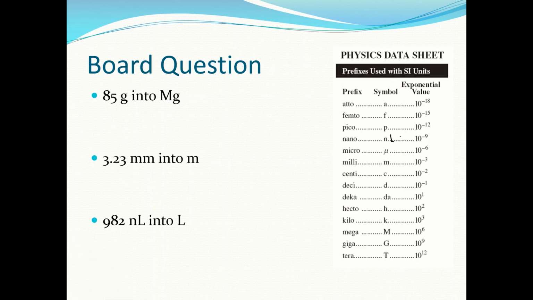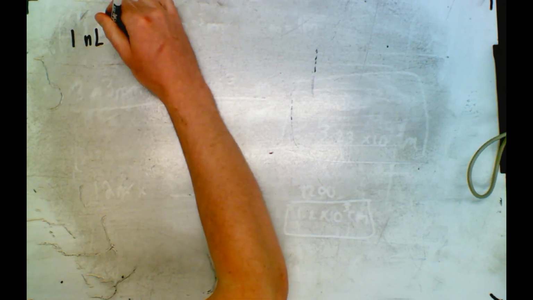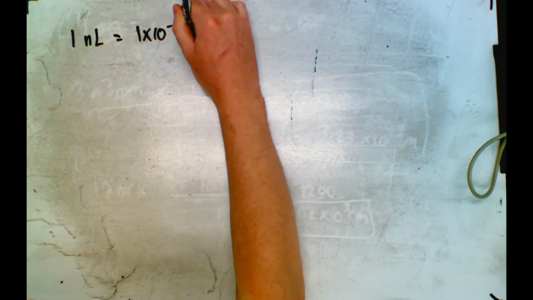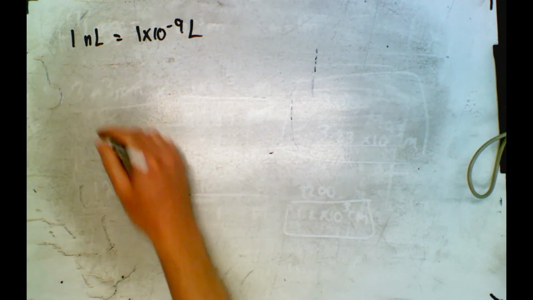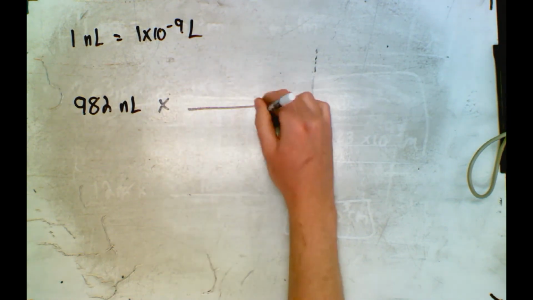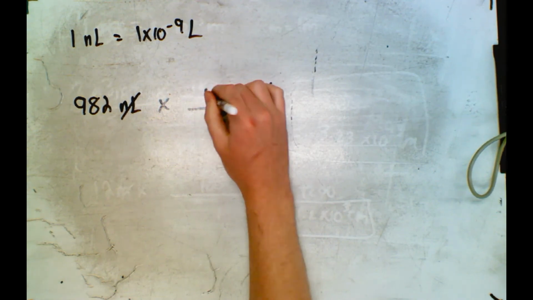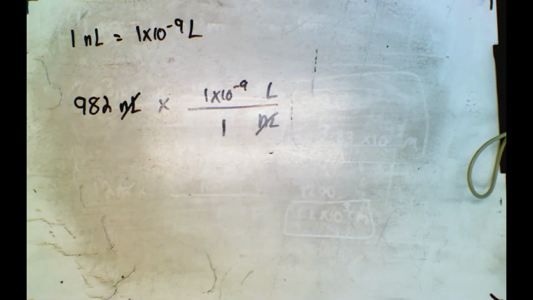There we go. So a nanoliter equals 10 to the negative 9 liters. So 1 nanoliter equals 1 times 10 to the negative 9 liters. So let's throw that as our conversion factor. 1 nanoliter equals 1 times 10 to the negative 9 liters. And we'll start off with what's given, 982 nanoliters. Nanoliters on bottom to cancel out. There's a 1 beside my nanoliter and a 1 times 10 to the negative 9 beside my liters. And we end up getting,